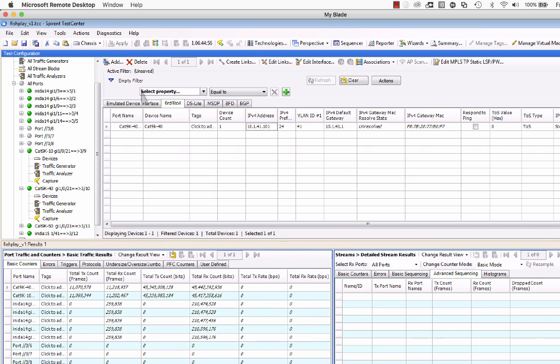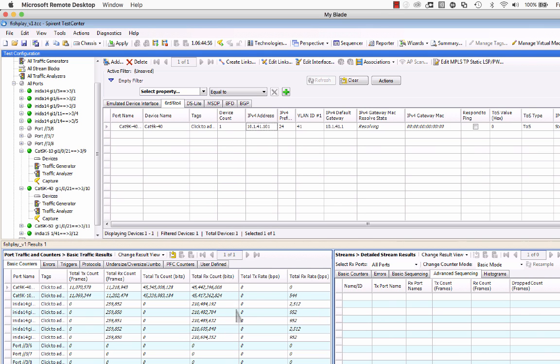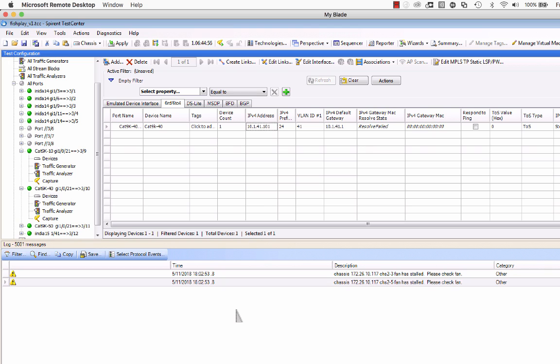Now, so I copied it, so now the question becomes, and I've already clicked apply because it's my habit to click apply, can I ARP it? Okay, can I ARP it? And the answer is that I can't. Why? Because I already told you that I have not set up the Cat9K 40 side at all,